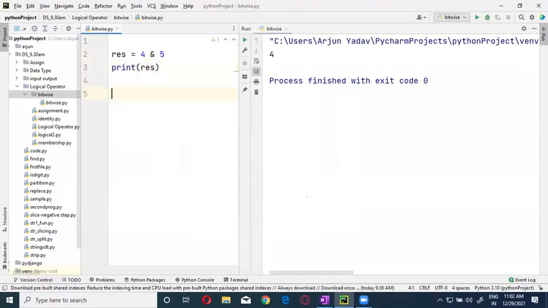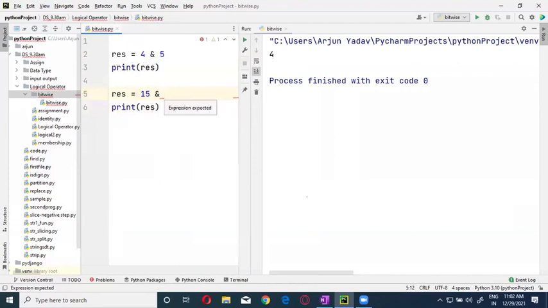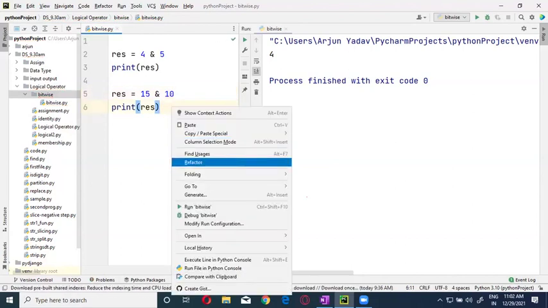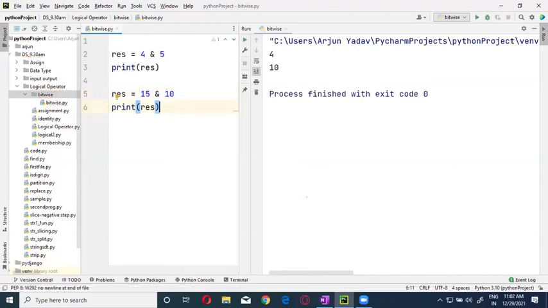Now the next one, say 8 and maybe 15. It's nothing to do with the left side and right side. Don't be in that speculation. It varies purely based on the calculation. Now if I give 15 and 10, let's see this. I will get an altogether different number over here: 10. If I take 12,